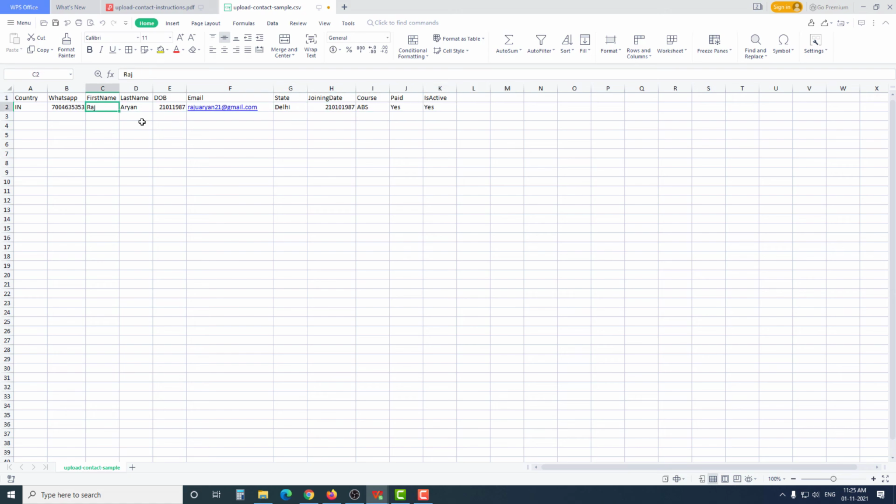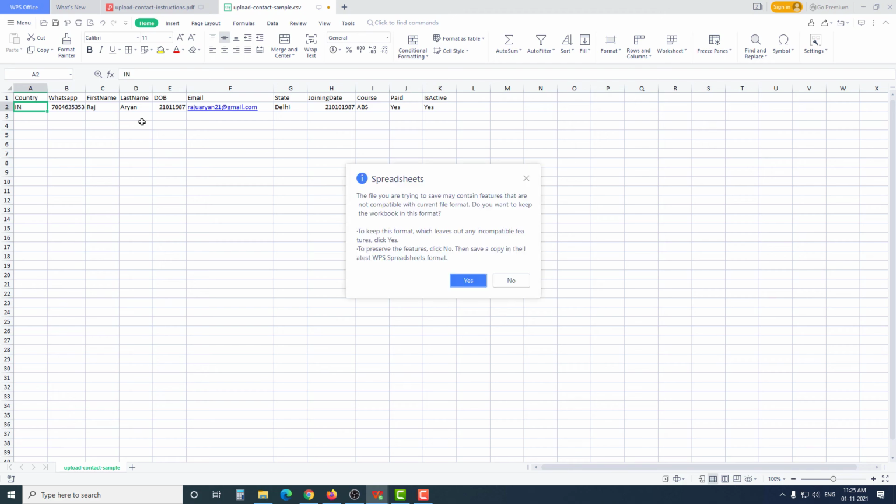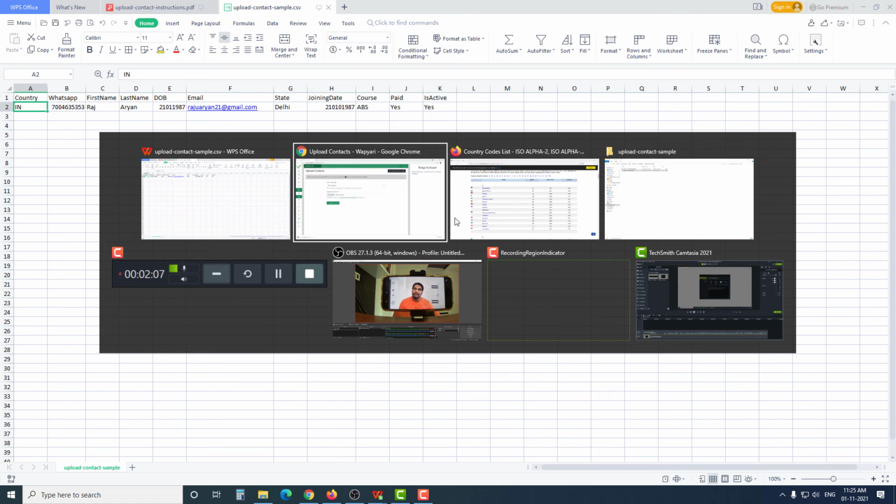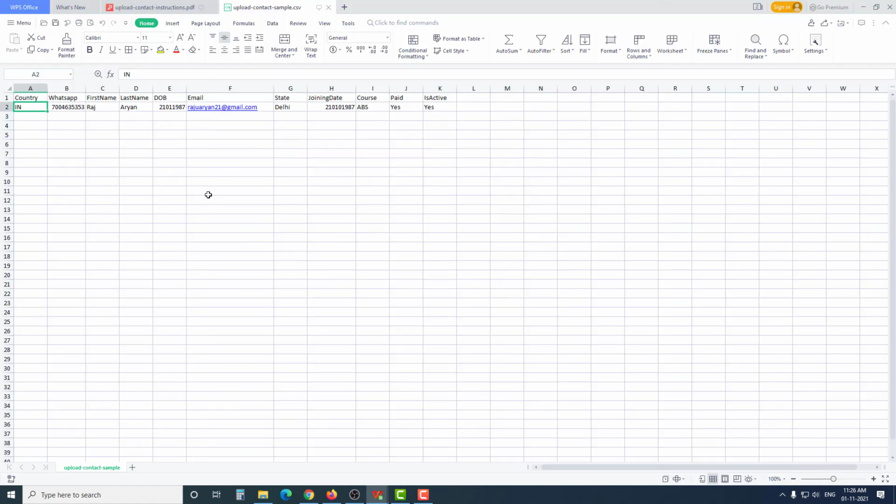So this is just a dummy CSV file, and now I can use this to upload contacts into the system. When I'm ready with this Excel file and I have all of those contacts listed here with this data, I think you can skip some of these steps. Sometimes if you think this data is not available with you, you can skip that, and that's fine. For some users you may have this column data, and for some users you may not. That's fine, you can skip that.